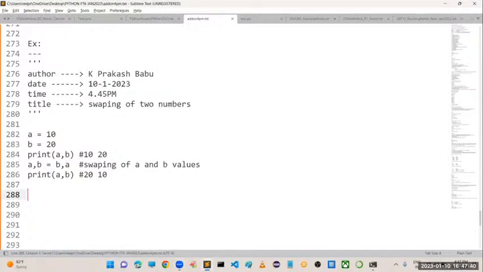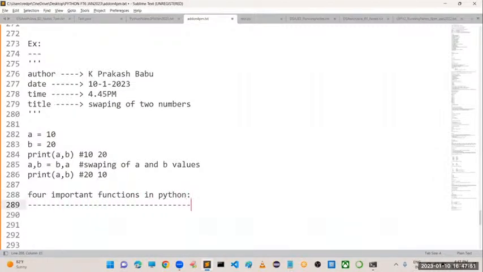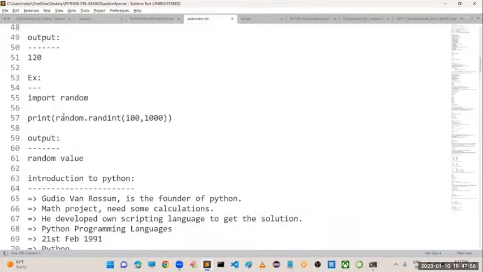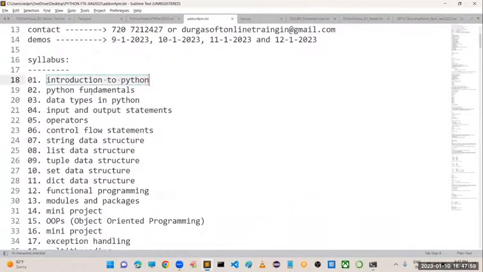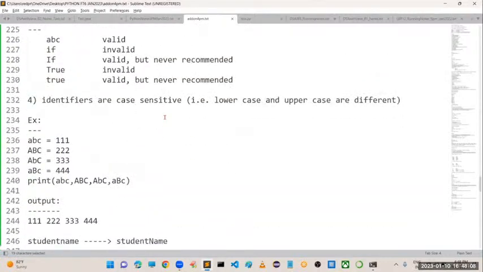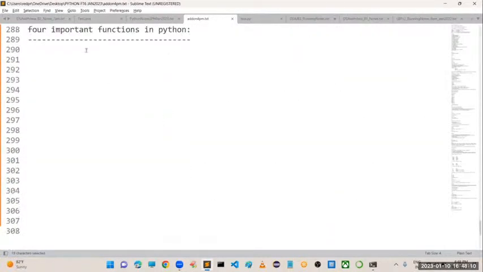So the next concept we have here is four important functions in Python. To learn any advanced concept in Python, or any basic fundamentals, in this we can see the first chapter, introduction to Python and fundamentals. If you want to prepare any Python program, you need some basic idea about some functions. Those functions I am going to define now, which will be very useful in our upcoming classes. Here are the following four basic and